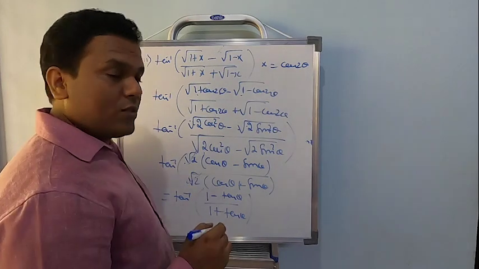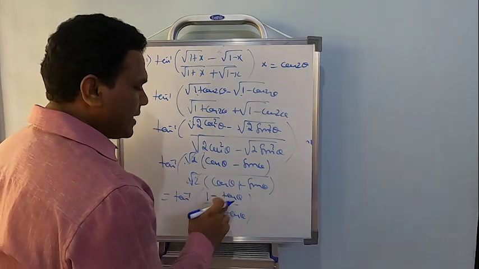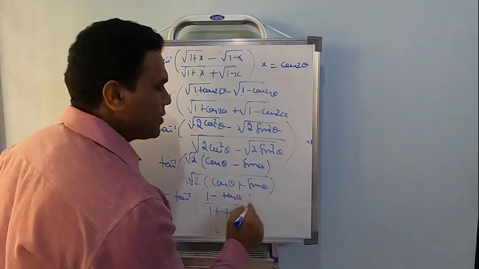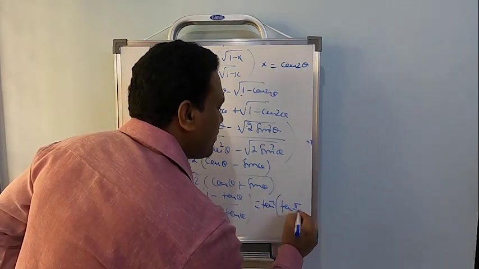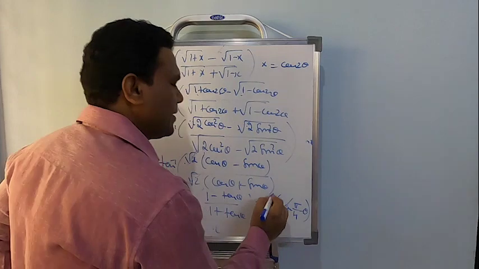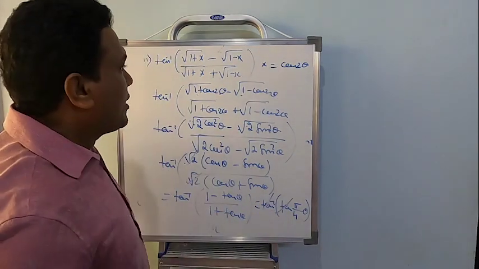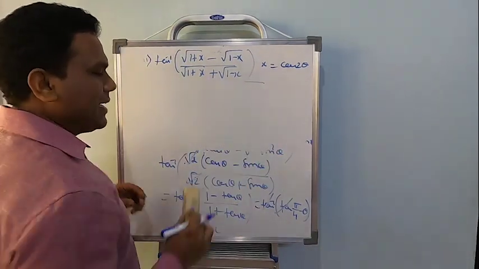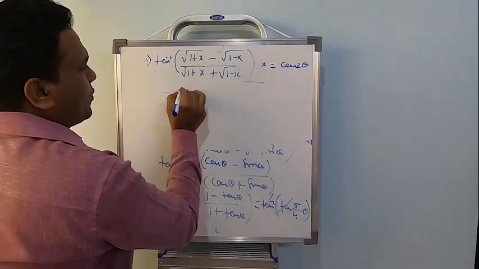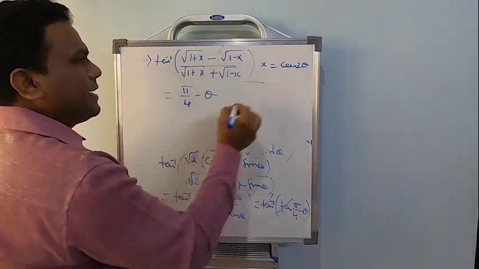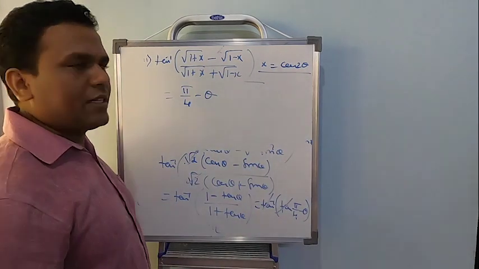And now what is tan inverse of (1 minus tan theta) by (1 plus tan theta)? We have a formula for this one directly. This is nothing but tan of pi by 4 minus theta. Eliminated, right? I told you the whole process was to convert the inside in terms of tan. We have done this. Now what is the remaining value for us? Pi by 4 minus theta. Go and find theta by using this.